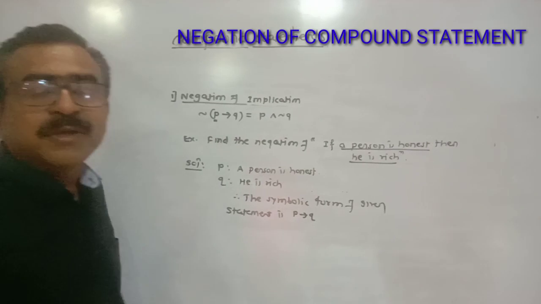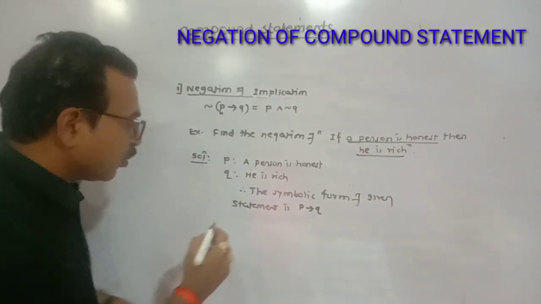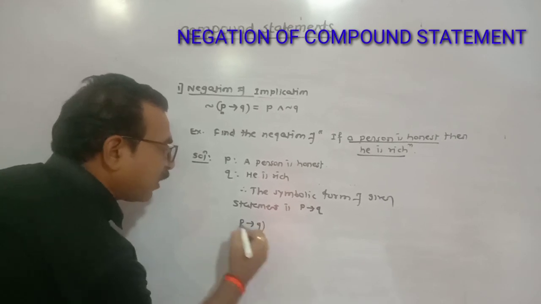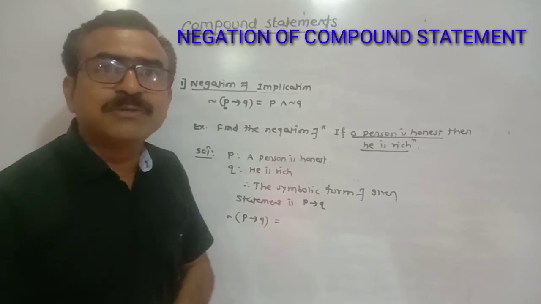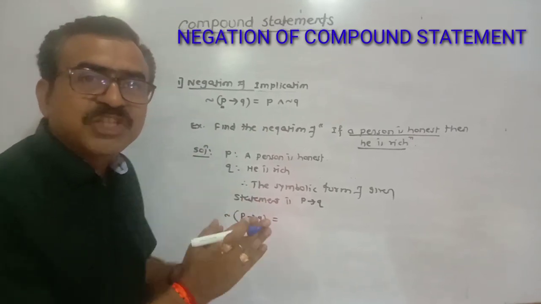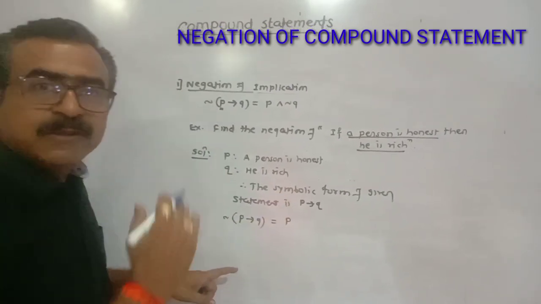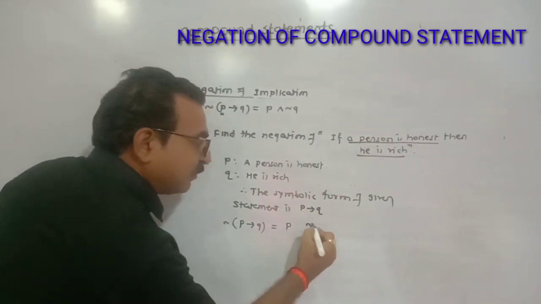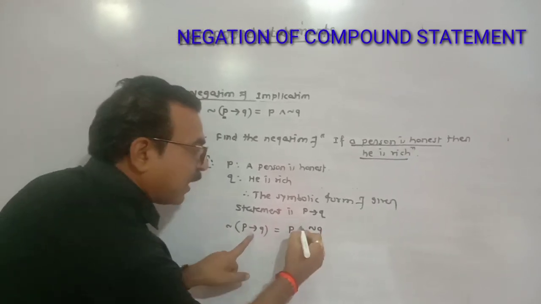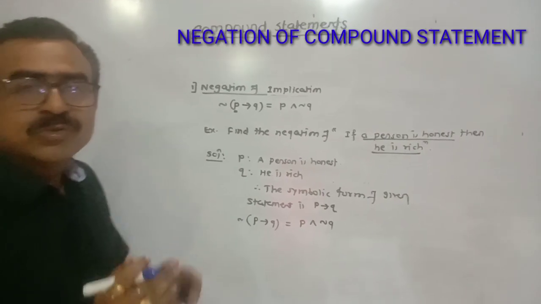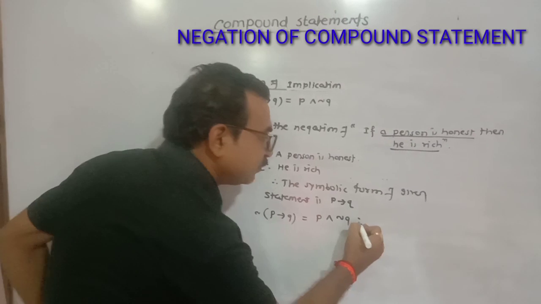Okay, now you have to find out the negation of this conditional statement. While performing the negation of a conditional statement, from previous knowledge we know that initially we keep the first statement as it is, meaning P as it is. Then perform the negation of the second statement, meaning negation Q, and replace this conditional symbol by and. Okay, so the verbal form of the negation of the conditional statement becomes